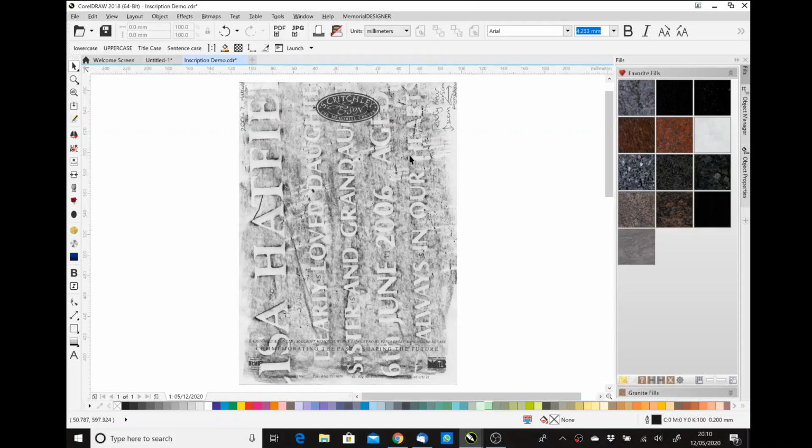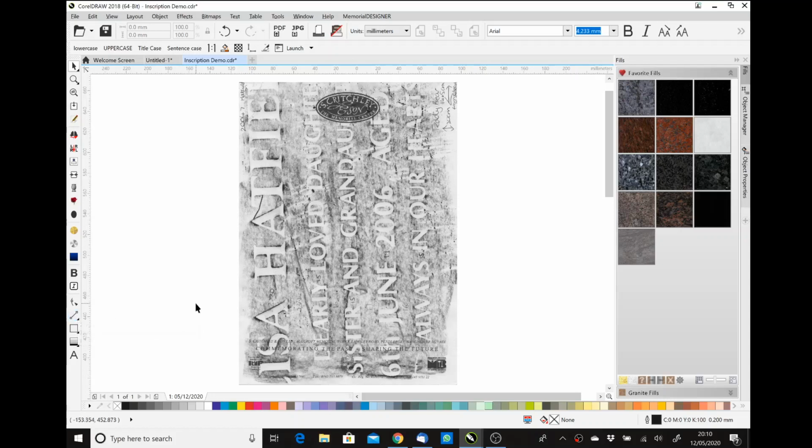Earlier on today I was doing a video on adding an additional inscription and how I go about laying up that text, and I was showing how to straighten an image, etc. There is a feature in Memorial Designer which does that, but it wasn't working for me this morning because I've got multiple monitors and it was not showing the box on the right monitor. Anyway, I've managed to correct that now,